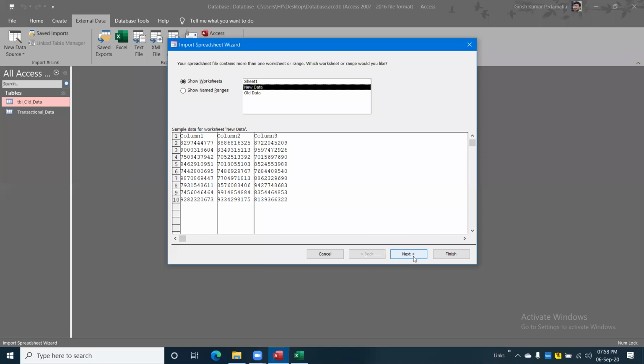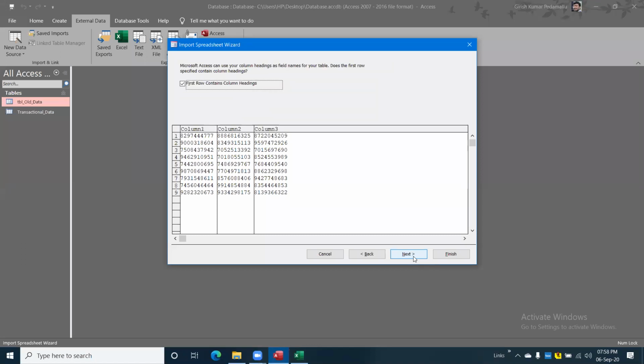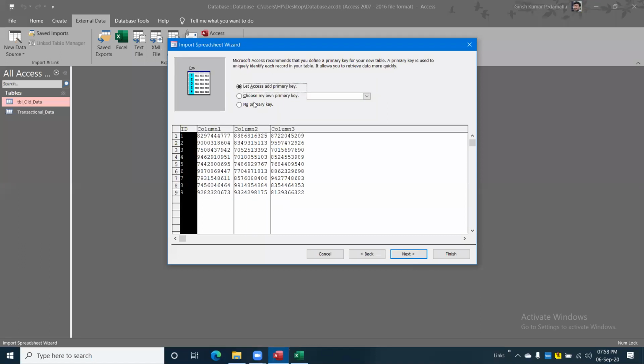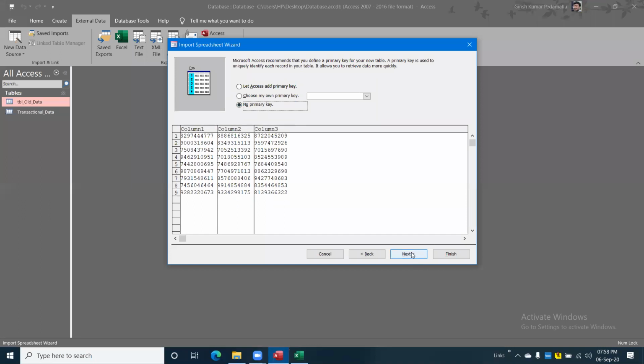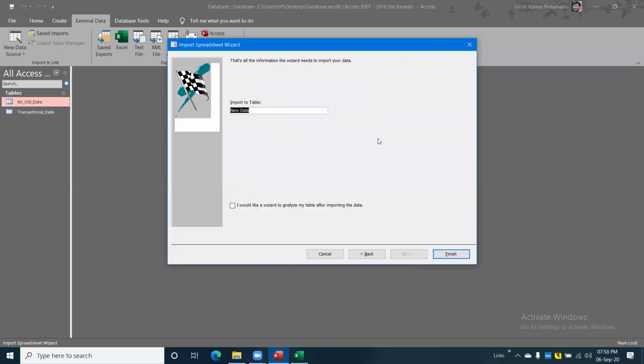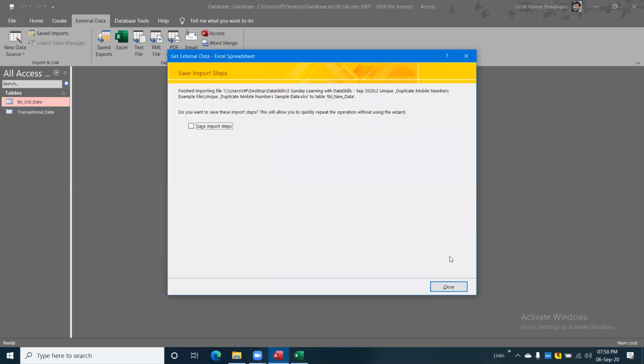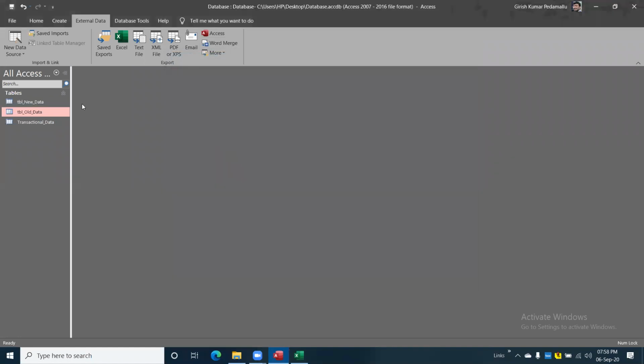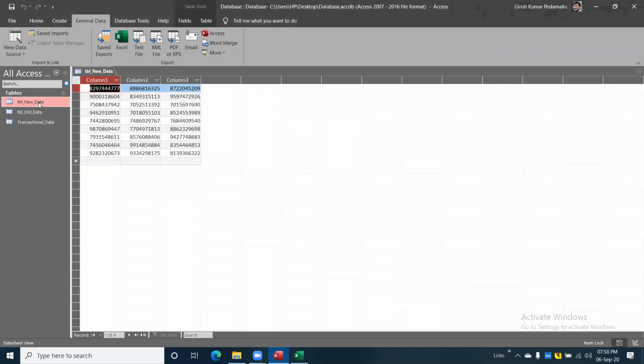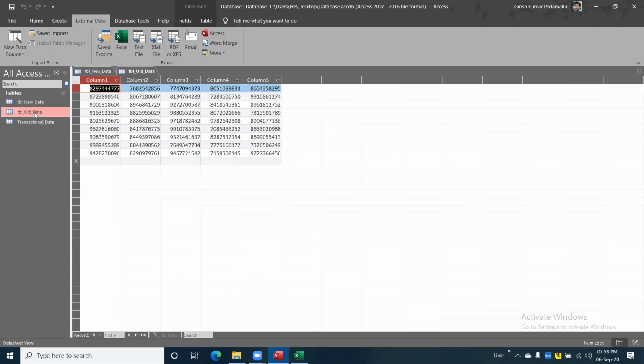Click on next, next, next. I don't want to add any primary key. Next. Here, the same pattern I'm going to use: TBL underscore new underscore data. Click on finish. Just click on close. See, my new data got created. Old data is also created.